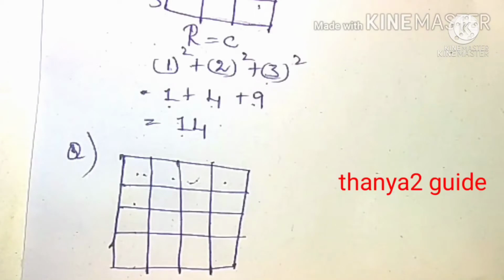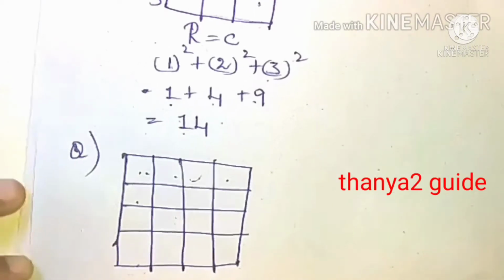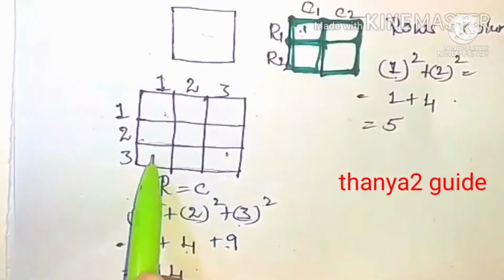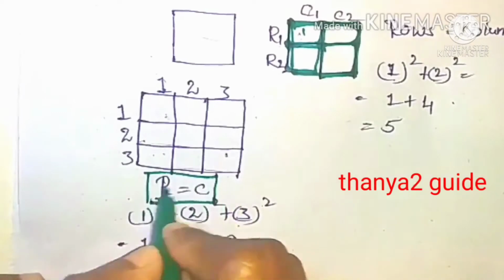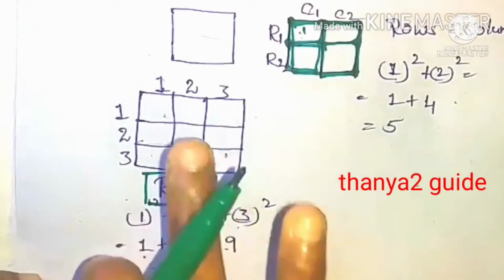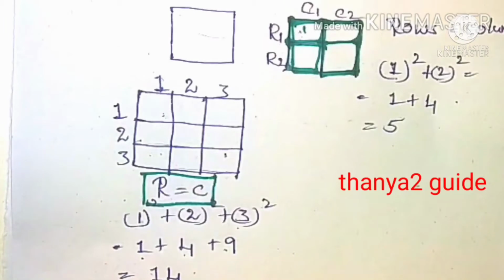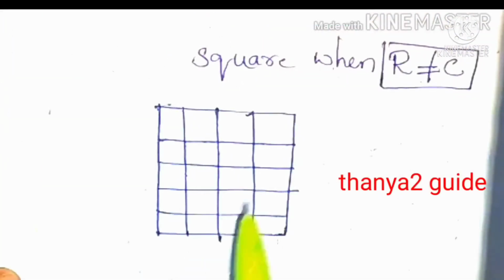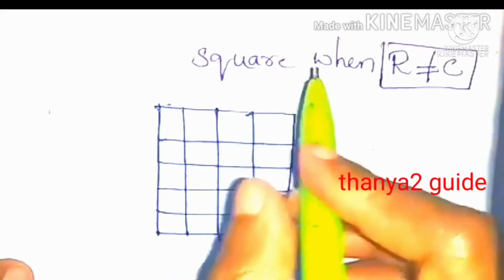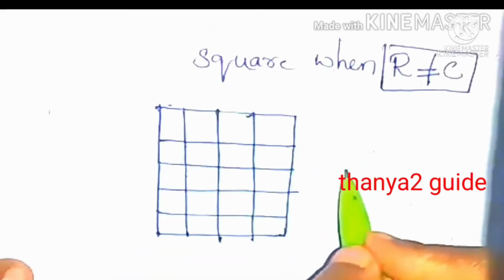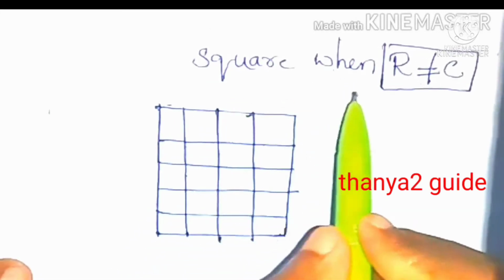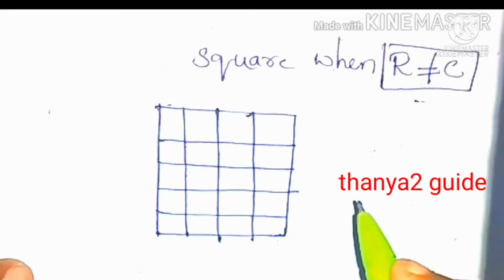And let us go for when rows and columns are not equal. This condition is applicable when the rows and columns are equal. Mark it, right? Don't get confused. Only when rows and columns are equal do we use this method. What if rows and columns are not equal? We'll see one more example. Here is the example where rows and columns are not equal. Previously we learned a method for when rows and columns both are equal, right? Now here the number of rows and columns are not equal. Let's see how we have to solve this.